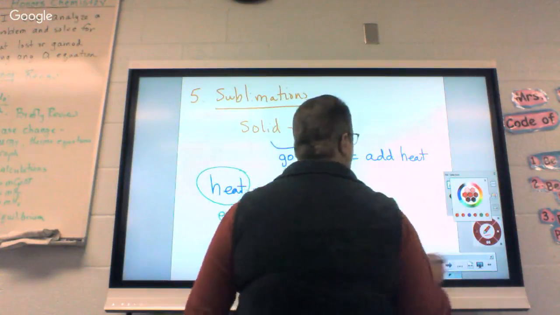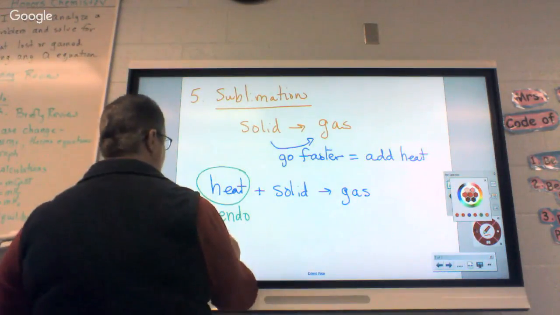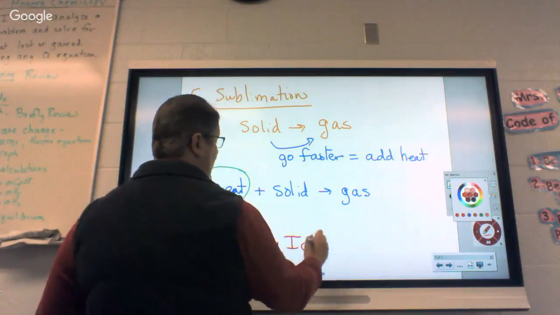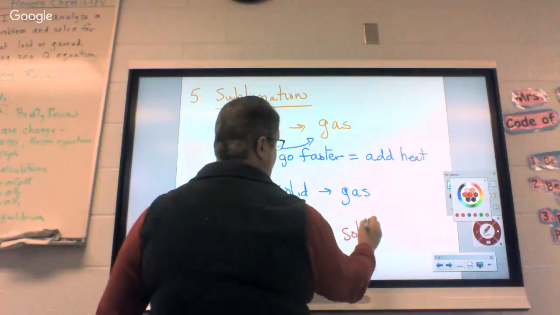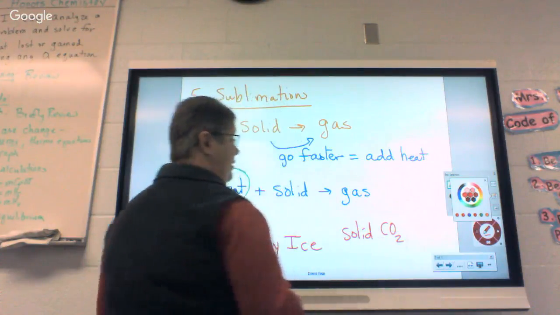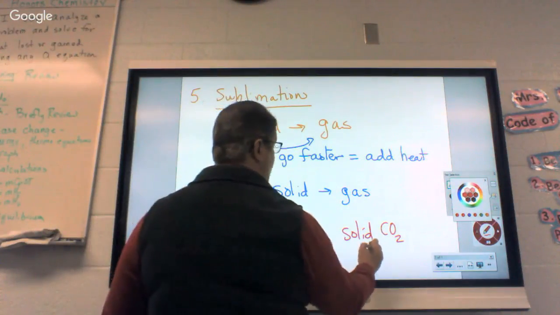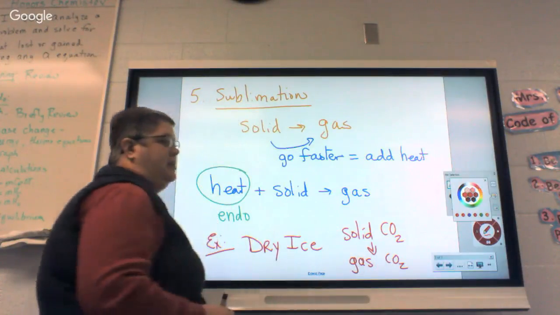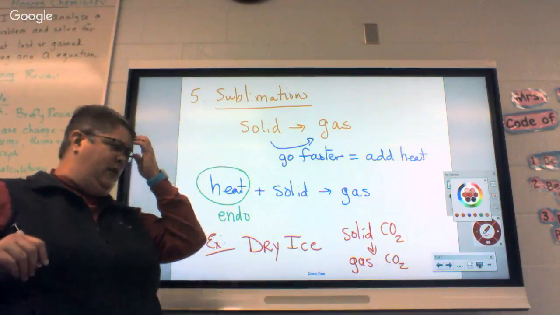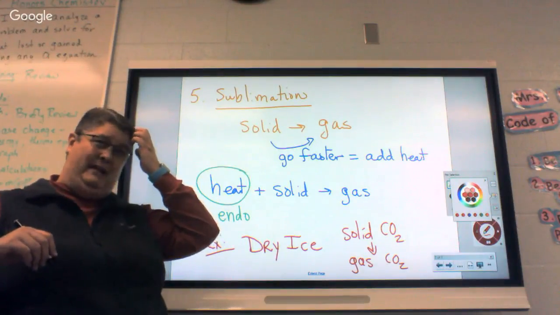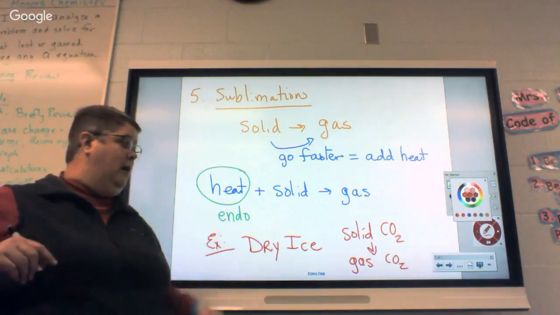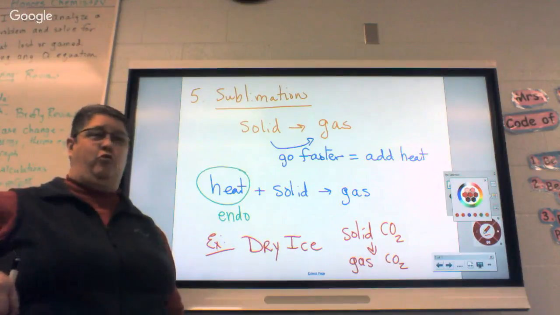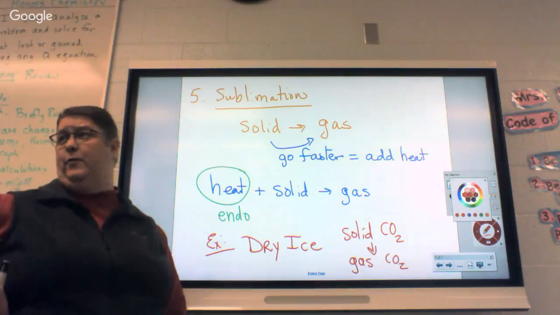Now, the example that I often use here, because a lot of people can't relate to this, is dry ice. Those of you who are familiar with dry ice know that it is solid carbon dioxide. Solid carbon dioxide will automatically change into gaseous carbon dioxide. A lot of people will use this as a substitute for ice in coolers because it keeps things very cold. Plus, it does not make a mess. Ice melts in the water, and it really makes a mess in coolers. Dry ice does not. It also works great with fog to make fog machines in a lot of football games.